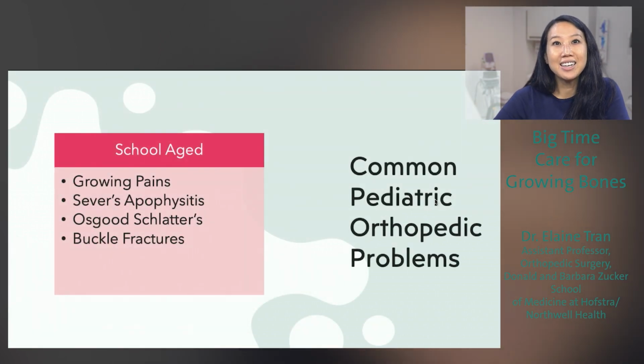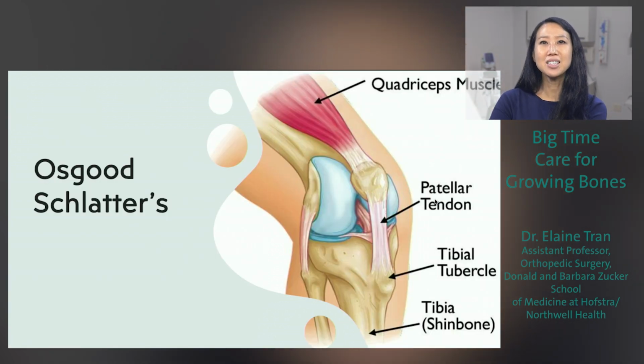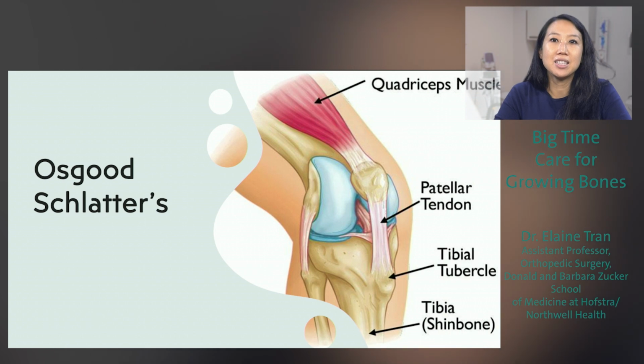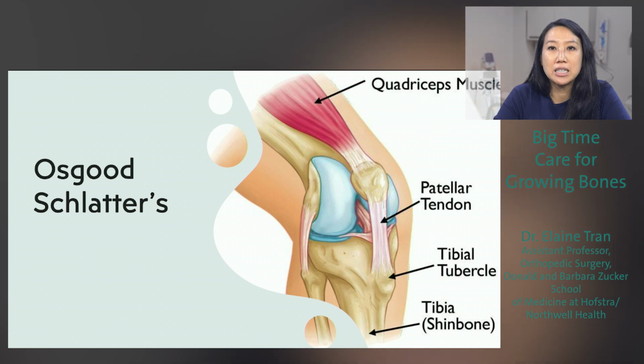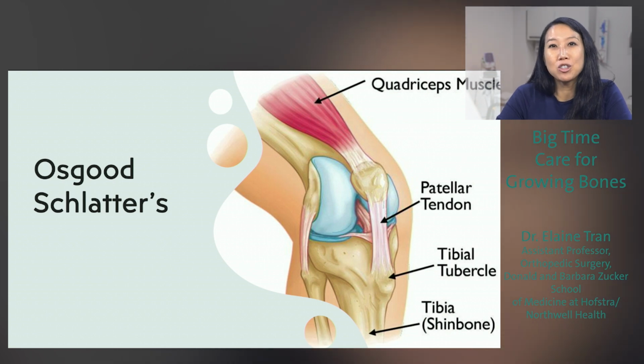So the next thing, it's a similar condition except in a different area. Something called Osgood-Schlatter's. This is a very, very common cause of knee pain in growing adolescents. We typically see it happening in the pre-adolescent growth spurt, so around age 10 to 13 in girls and 12 to 14 in boys. What it is, it's another growth plate, except this growth plate is in the front